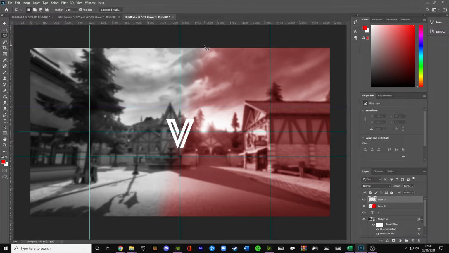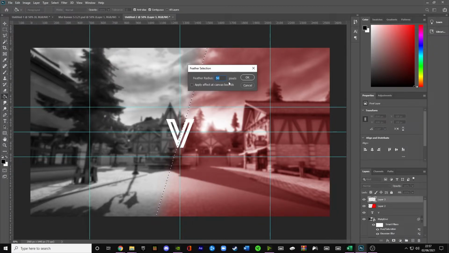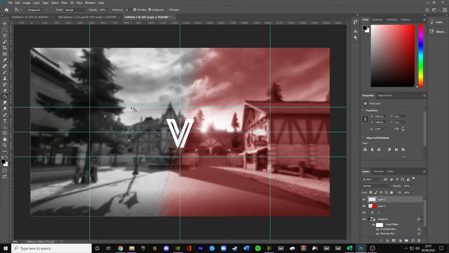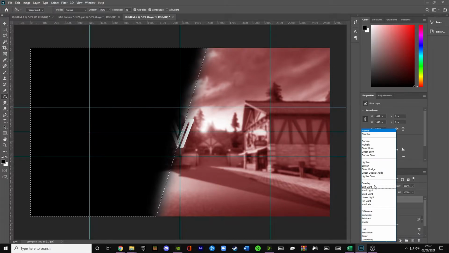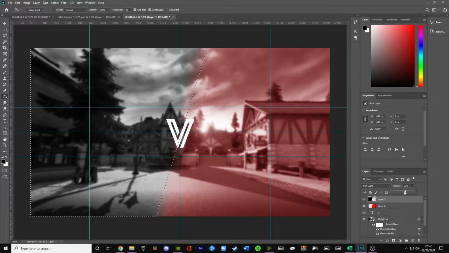and you can make it darker on the other side. So I'm just going to do the same thing again, but go to the other side, and then I'm going to feather it by clicking select, modify, feather. 50 pixels is good, because that's what I did for the other one. And I'm just going to select black and fill it here. Then if I set this to soft light and make it 60% too, or around that,